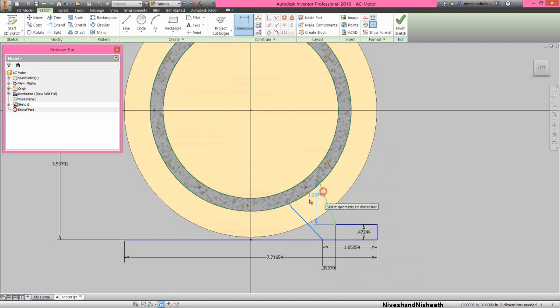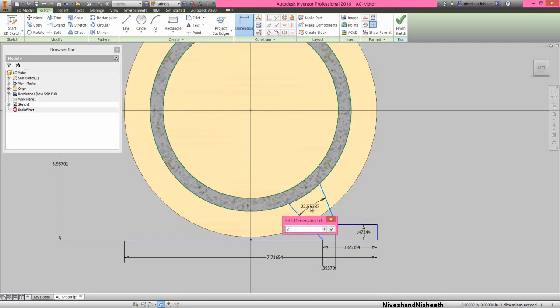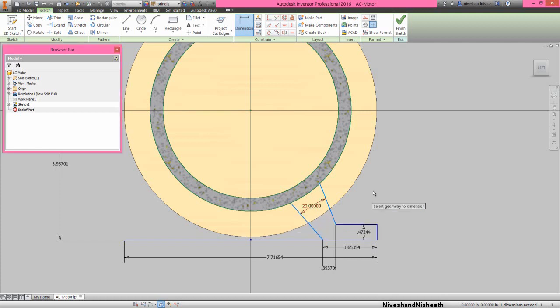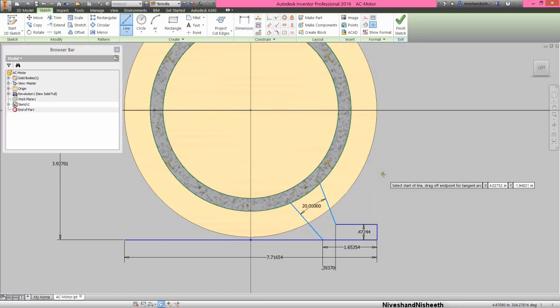Now the angular dimension will keep 20 degrees between these two lines. Now we will create the same sketch on the opposite side.